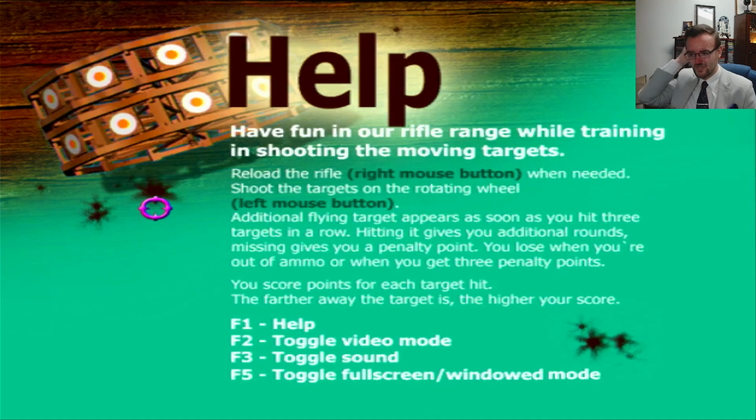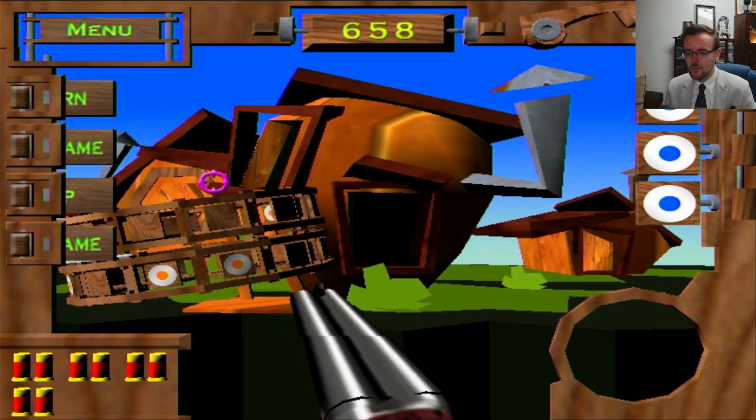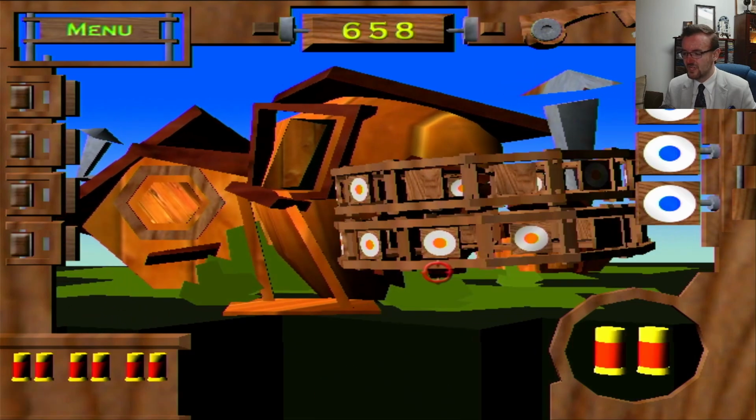What does it say? Anything useful? Reload the rifle when needed, shoot the targets from the rotating wheel. Additional flying targets appear as soon as you hit 3 targets in a row. Oh, so there is a purpose, there is a pattern to them. Hitting provides you with additional rounds. Oh, when you're out of ammo, you have 3 penalty points, you lose. Oh, so this can continue sort of indefinitely because